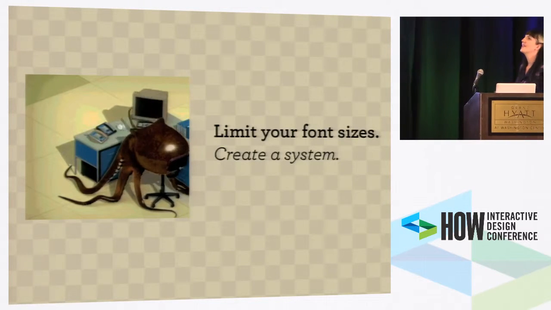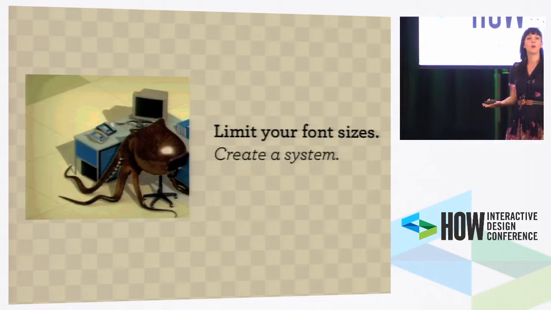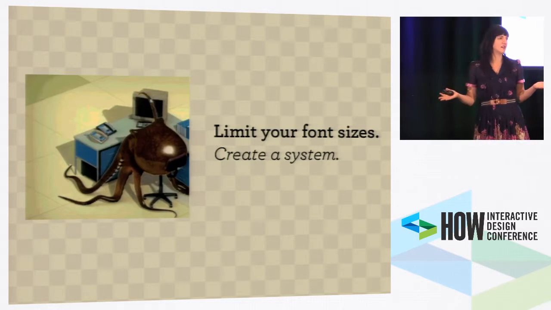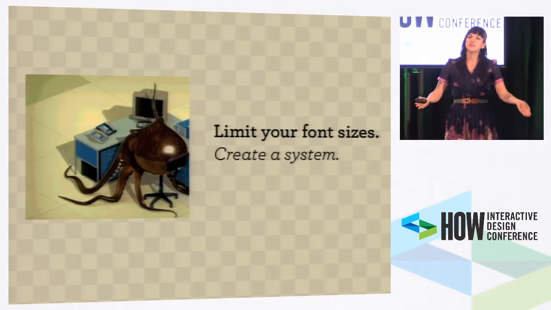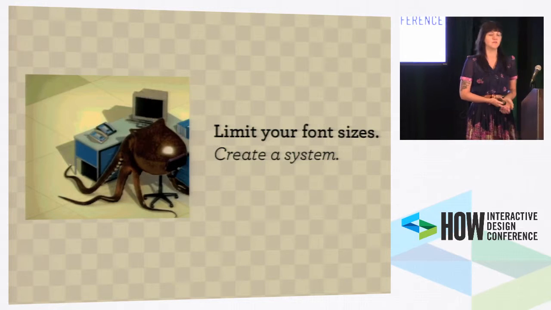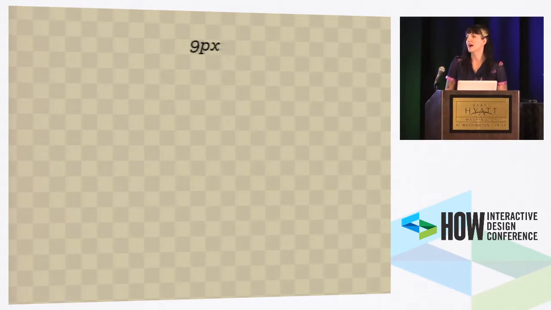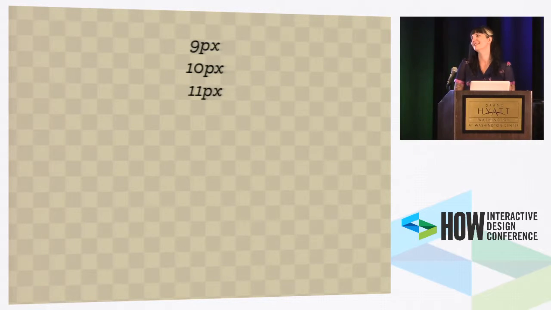So again, normally I like to start a project with general styles, but sometimes you don't know what will happen. So what happens when I get a new design that doesn't have general styles? Well, one of the things I like to do is a little bit of a type audit. I'll go through the designs and start writing down all the different examples of type I see throughout the designs. Sometimes I'll be writing things down and I'll be like, okay, there's a 9-pixel font, there's a 10-pixel font, 11, 12,